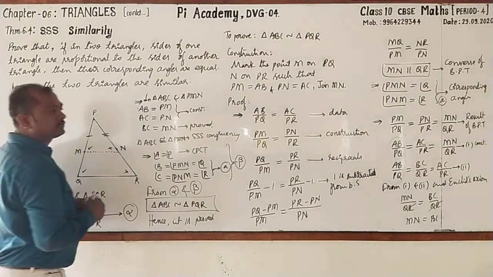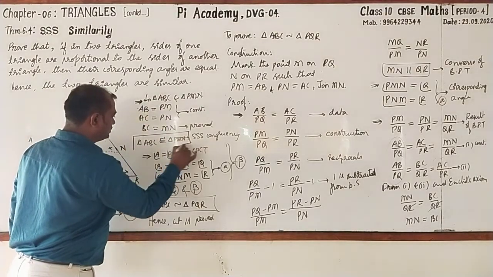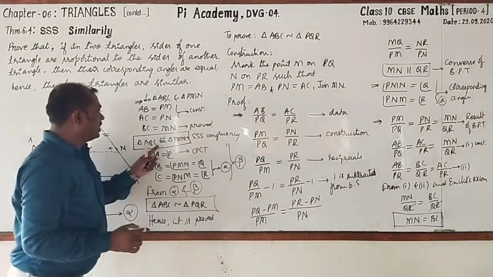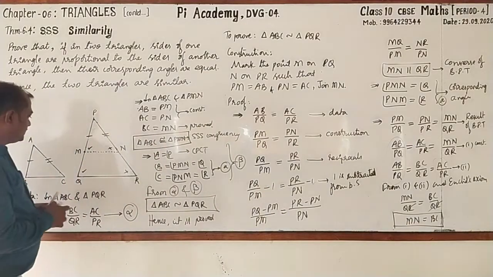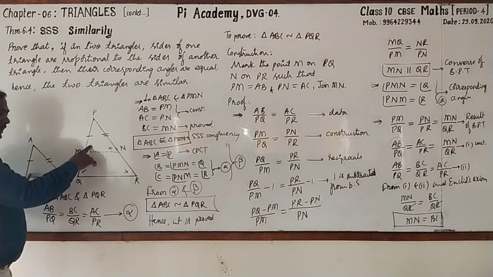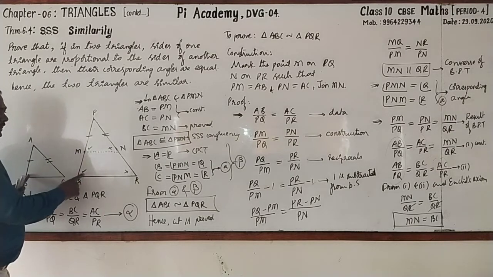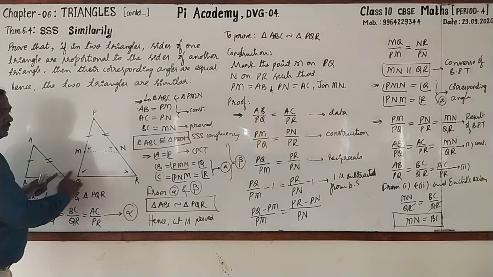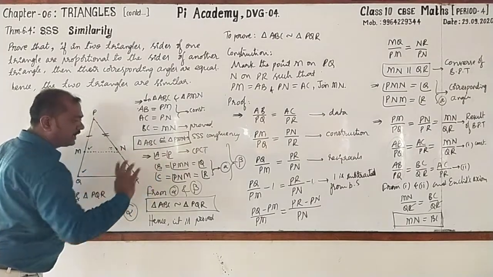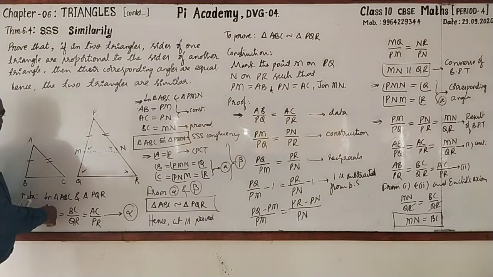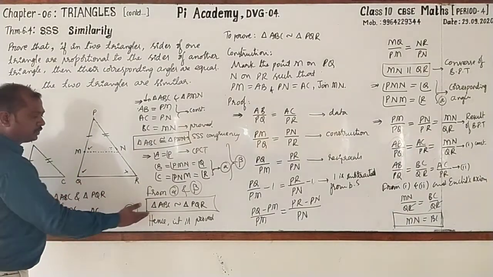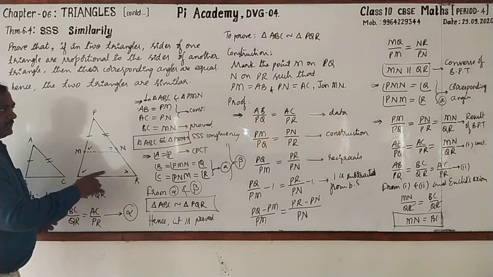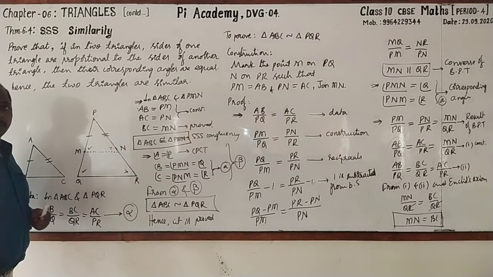MN equal to BC. Then after that, we have taken these two triangles. We have proved the triangles as congruent. That is very important. After proving two triangles as congruent, from CPCT we have written these two are equal: angle B equal to angle Q, next angle C equal to angle R. The corresponding angles are equal. Here, the corresponding sides are in the same ratio. As both the conditions hold good, triangle ABC is similar to triangle PQR. Followed? Yes, please go for copying this completely.